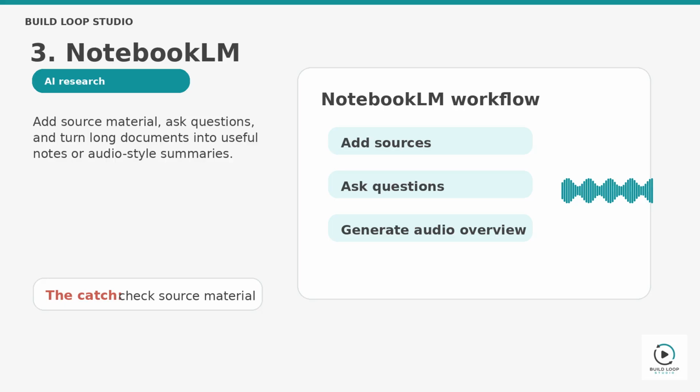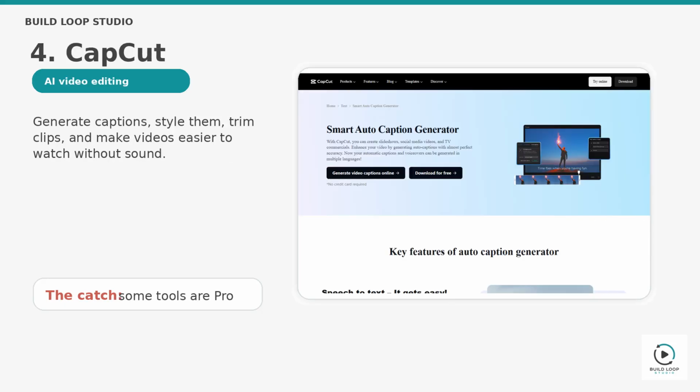Tool number 3 is Google NotebookLM. This is one of the best free AI tools for research, studying, and turning source material into something easier to understand. The idea is that you add sources like documents, notes, links, or research material, and NotebookLM helps you ask questions about those sources. The feature people notice first is audio overviews, where it can turn source material into a